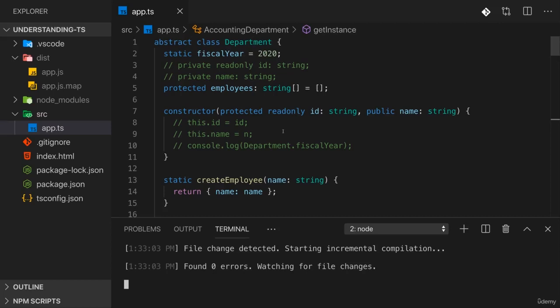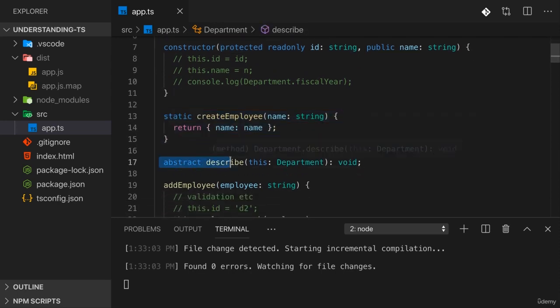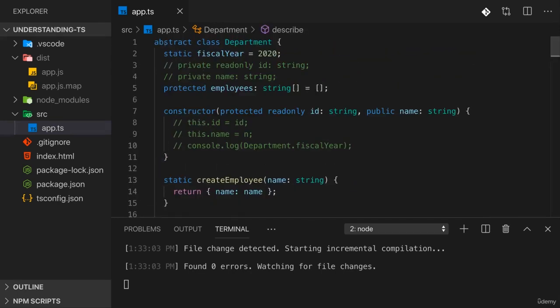Now that's it for classes. We learned about classes themselves, we learned about their properties, the access modifiers: private for internal access, protected for internal access also in inheriting classes, and public for access from everywhere. We also learned about methods which we can add, about static methods and properties, about abstract methods, and abstract classes,